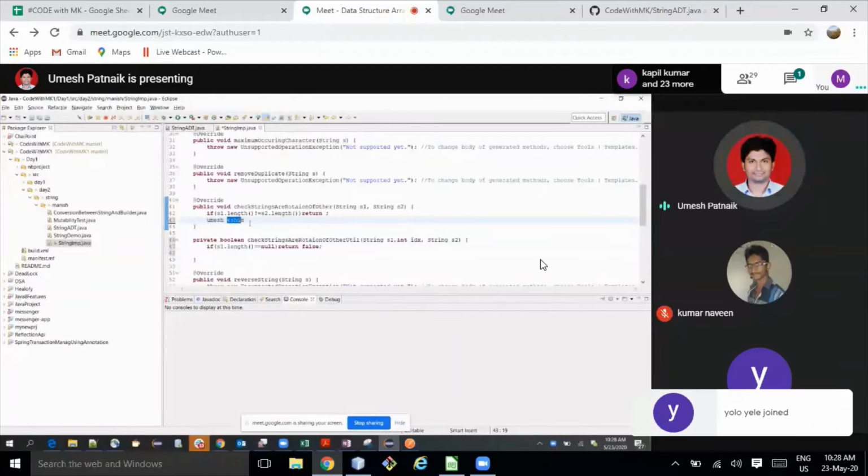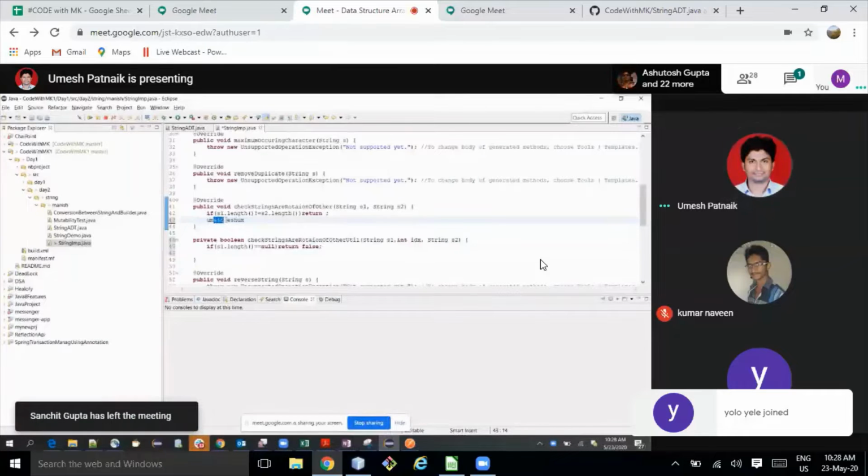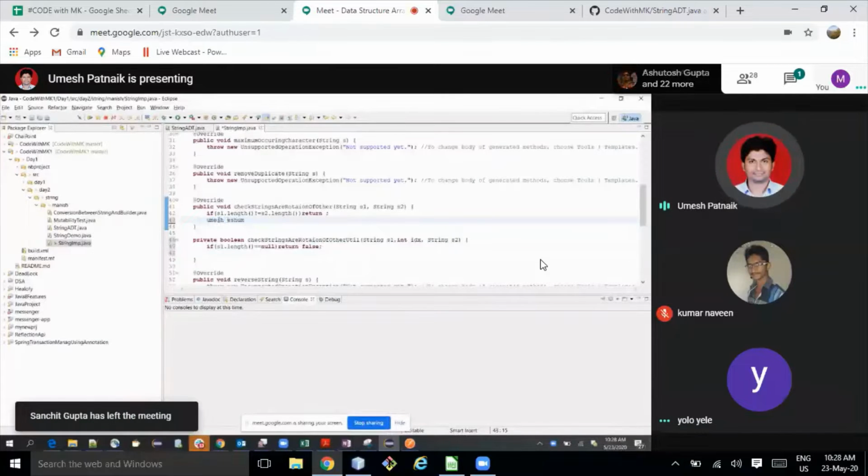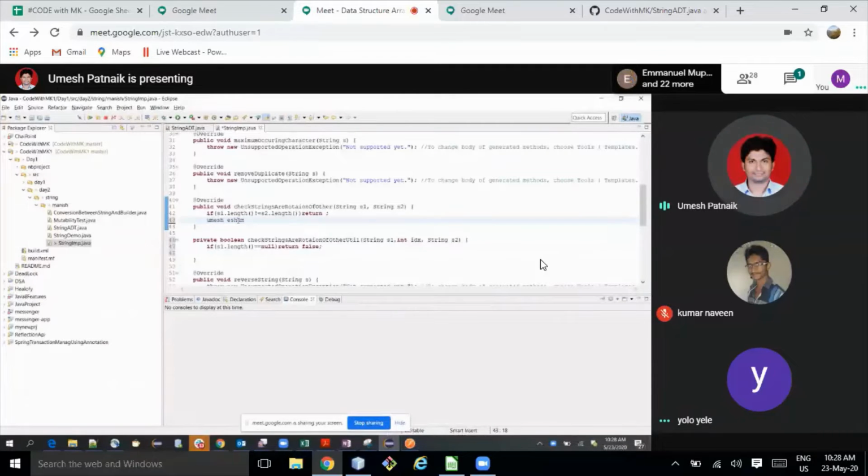So I see it is not the same. Then I go with ESH, and again I compare ESH with the length of 3. So here I get to know, yes, this is my length. From here I divide the string, and I store my characters also in the calling stack.